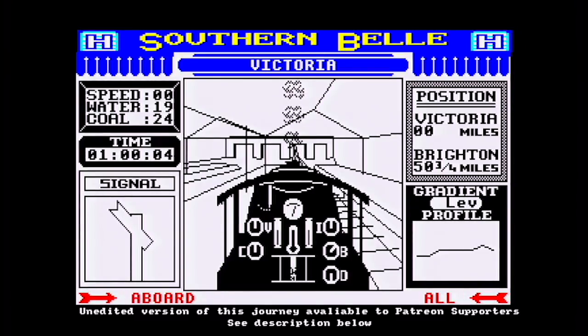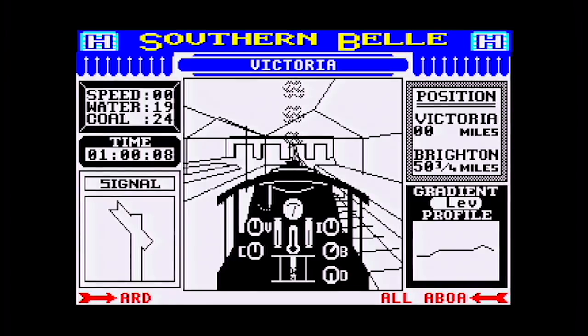The BBC Micro sounds are going to come through the microphone. Usually I'd record it direct, but this is too complicated. So we've got some BBC Micro noises there. All aboard. Are we allowed to go now? Was that meant to be a whistle? I think it was. So well, the signal's off, so...